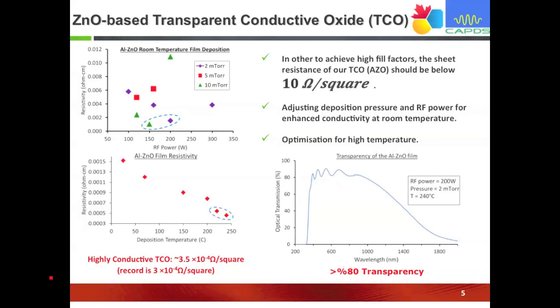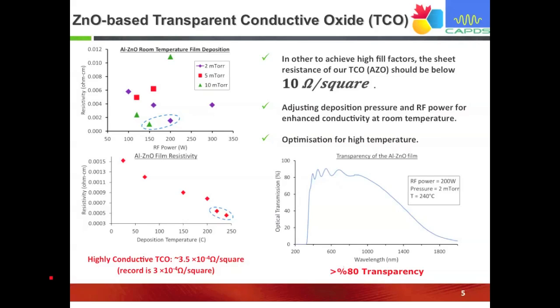In the above diagram, we will see the effect of the pressure of the sputtering system with respect to the RF power on the resistivity of the deposited film, and we find the two conditions with the lowest resistivity, although it was above 10 ohm per square. But we reached this condition, and then we applied these two conditions with increasing temperature, and we reach